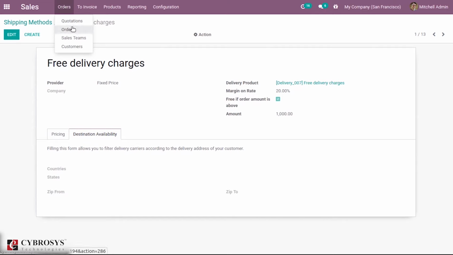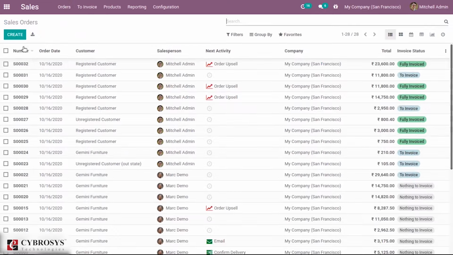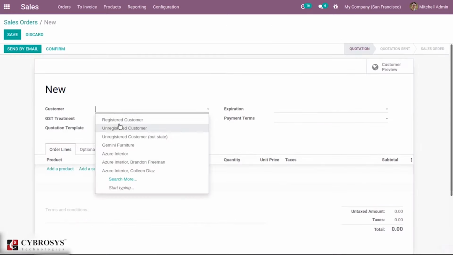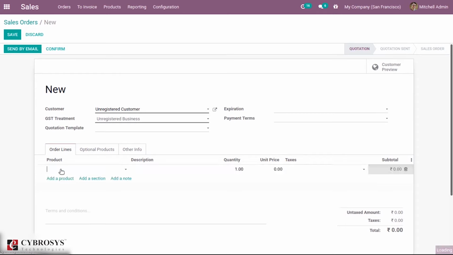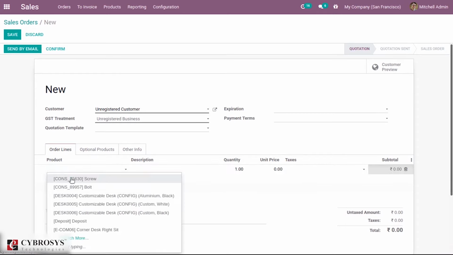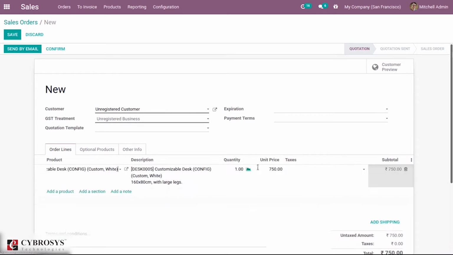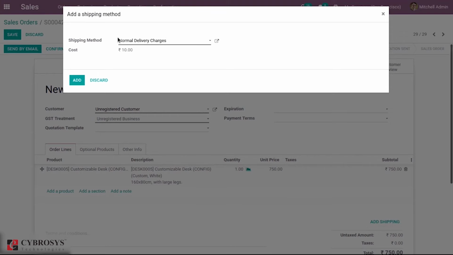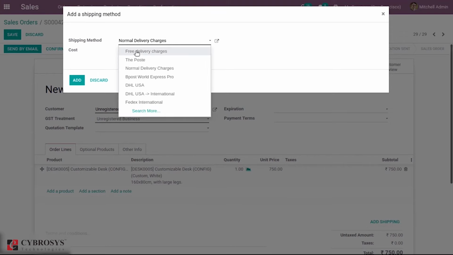Then let us create a sale order. You can see the unit price is 750, and here you can see the option to add shipping. We can add the shipping method here, and let us choose this free delivery charge.